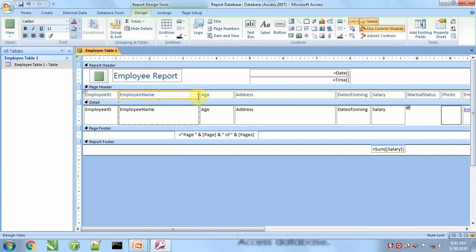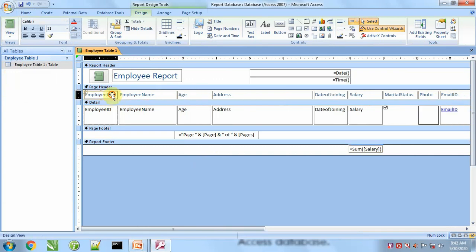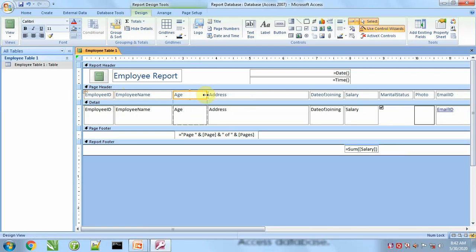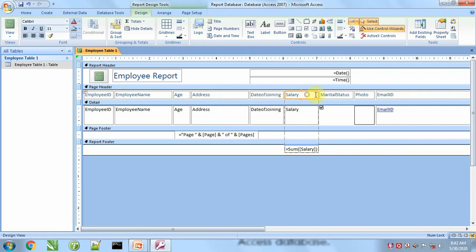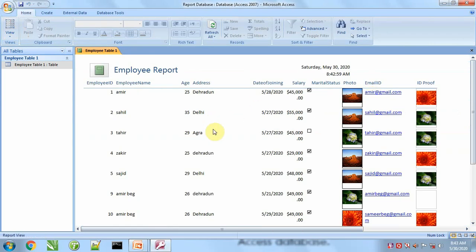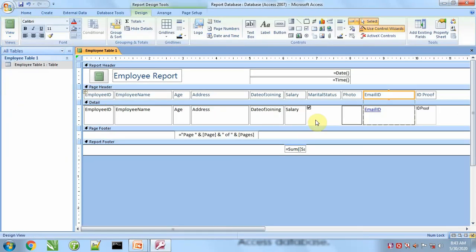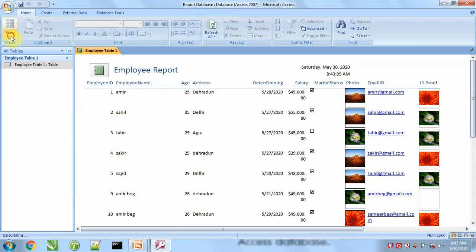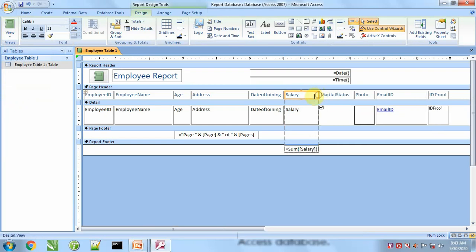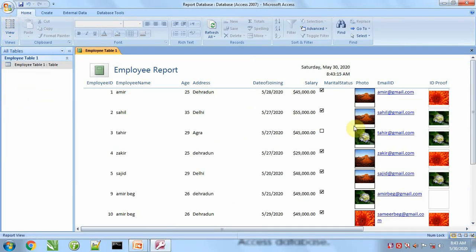First click outside, then click on single field and like this, salary, so like this we can customize the report.